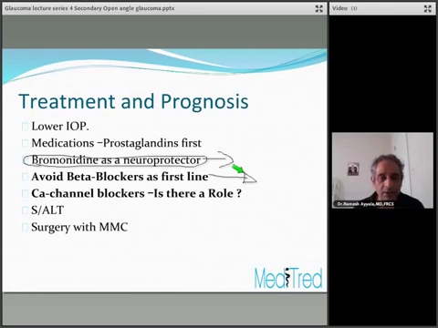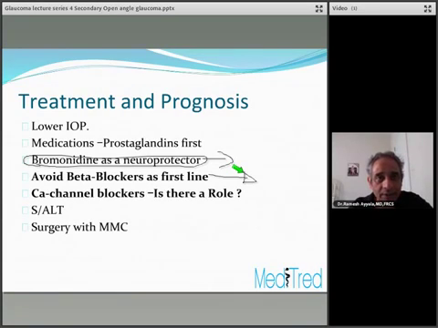Calcium channel blockers, do they have a role? The idea being that because of vascular dysregulation, there is decreased circulation going to the axon. So why not use a drug that can cause vasodilation and increase the circulation, right? And so calcium channel blockers naturally come to your mind in this regard. But we don't have a topical calcium channel blocker that you can administer that will reach the axons in sufficient concentration. So people did try systemic calcium channel blockers,